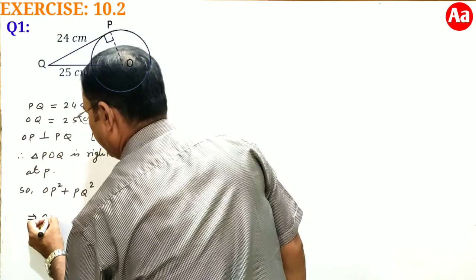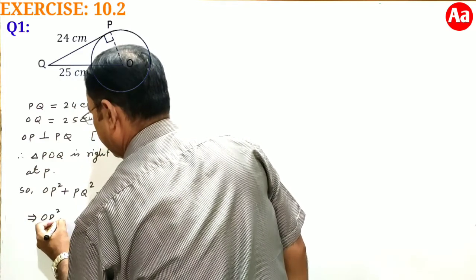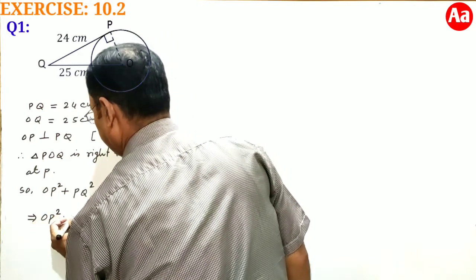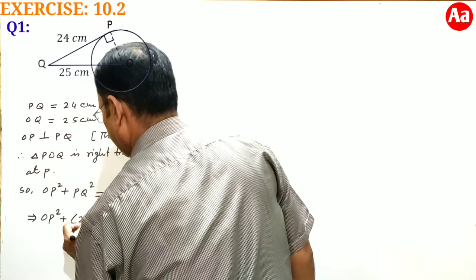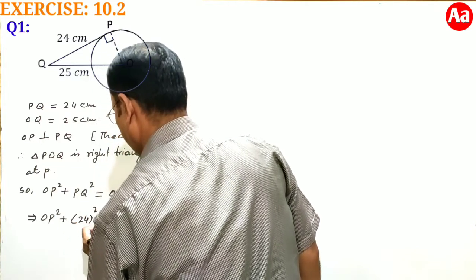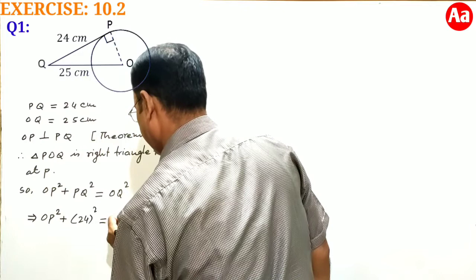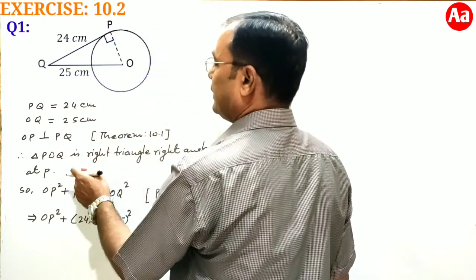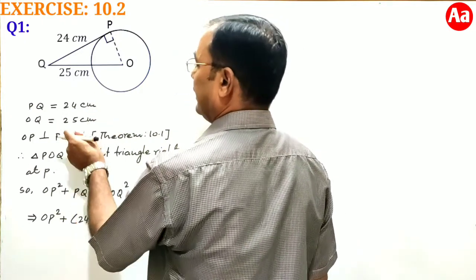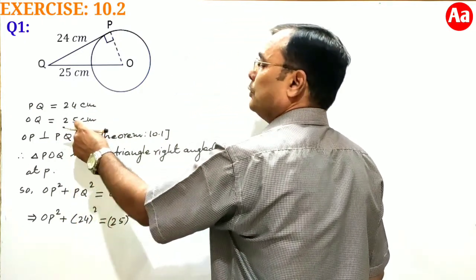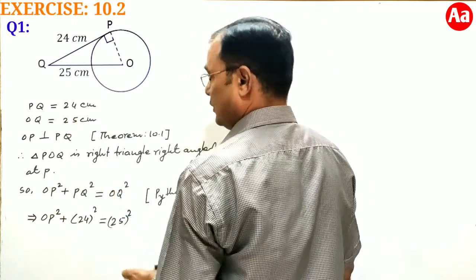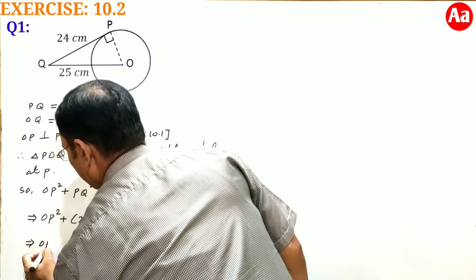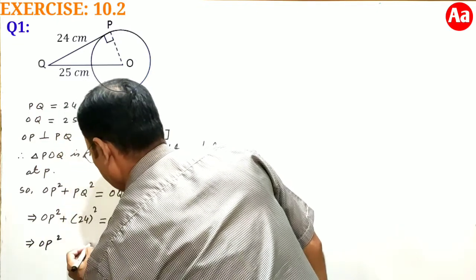This implies OP square plus (24) square equal to 25 square. Value of PQ, length of tangent, is given 24 centimeter and distance of point Q, OQ, from the center is given 25 centimeter. So, this implies OP square equal to